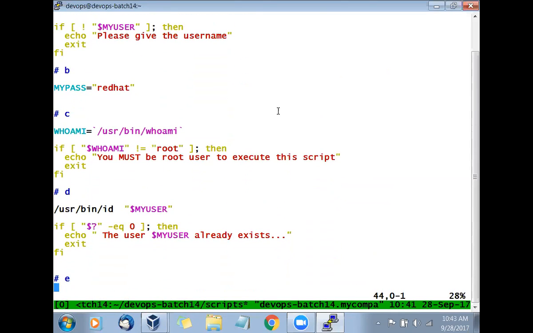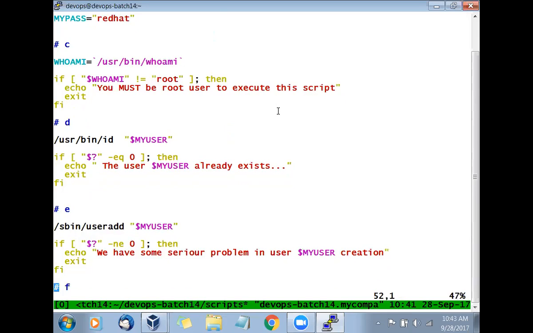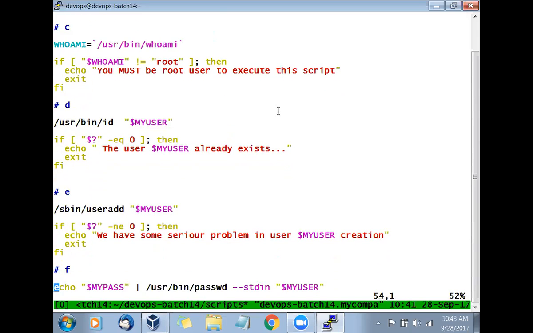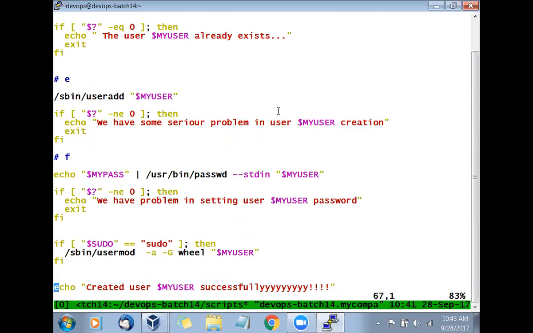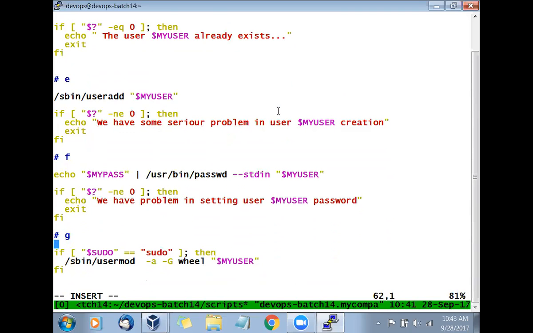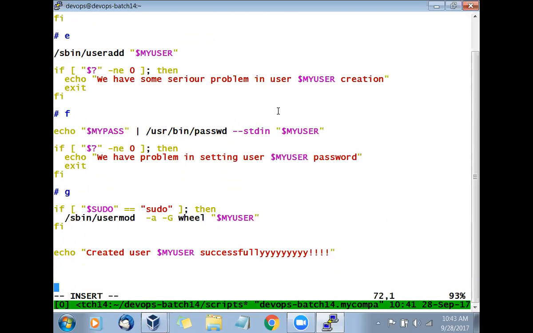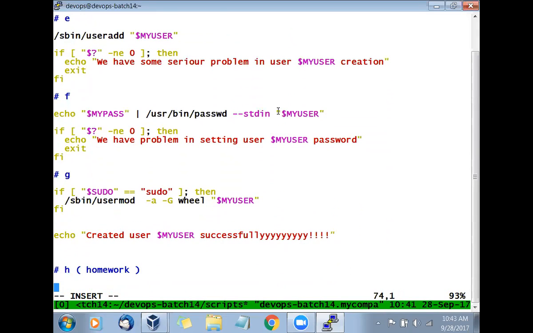Then we checked whether the user is present or not. Then we checked and created the user. Then we set the password. Then we added the user in the wheel group, which is section G. And then we printed successful creation. And H is for the homework. Section H is for this. Is this clear?